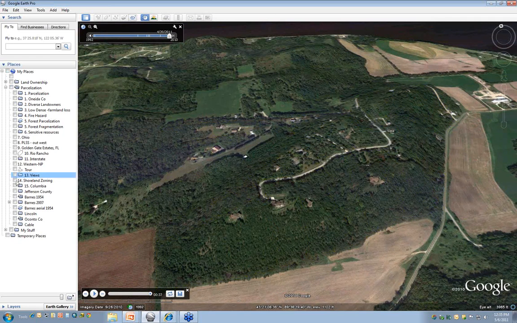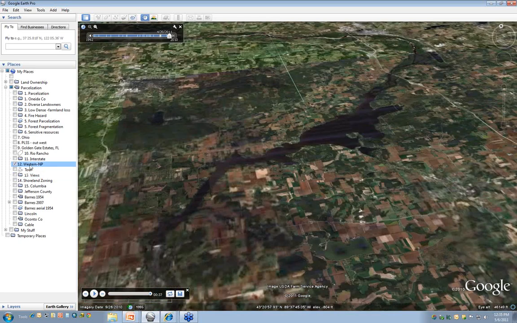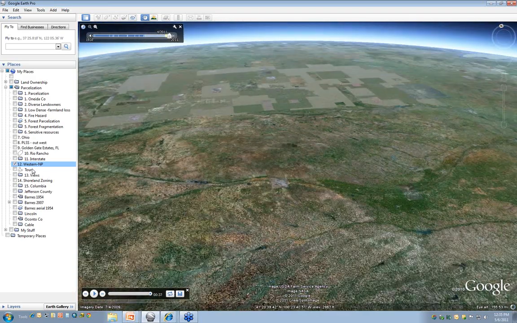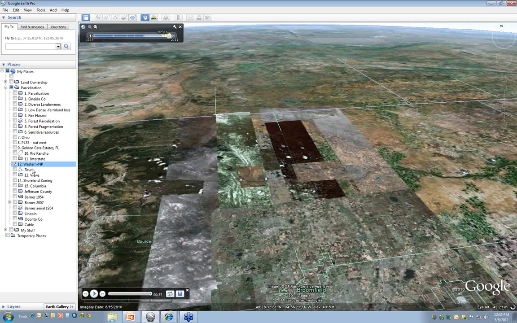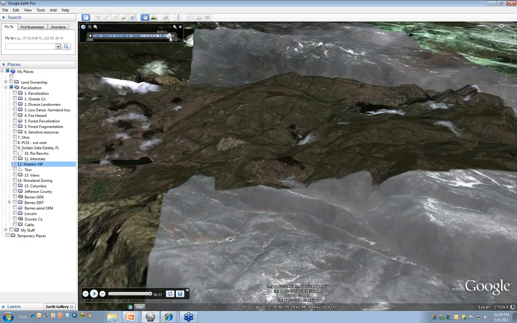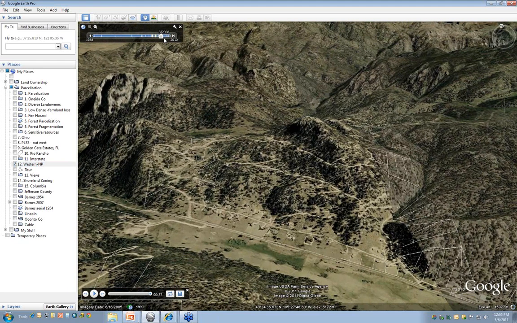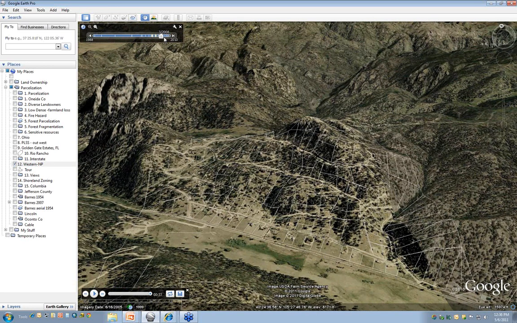Other things you'll find in the literature is that some of the protected open spaces are becoming prime real estate, such as our national parks. For that, I'm going to take you out to an example out west in Colorado, where people are finding that our national parks are becoming islands themselves because they're becoming almost completely developed or parcelized around. What you'll see here is just outside of Rocky Mountain National Park, once it catches up, that parcels will pop up, and you'll see how they're parcelizing this. If you can notice the parcel lines here along the ridges in the mountains,